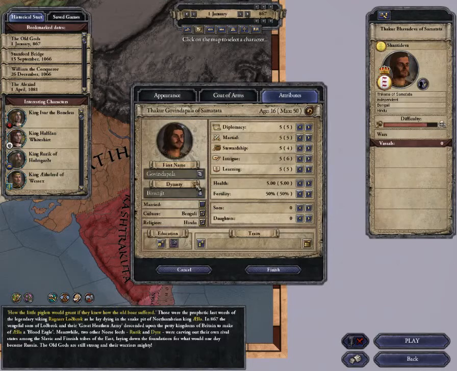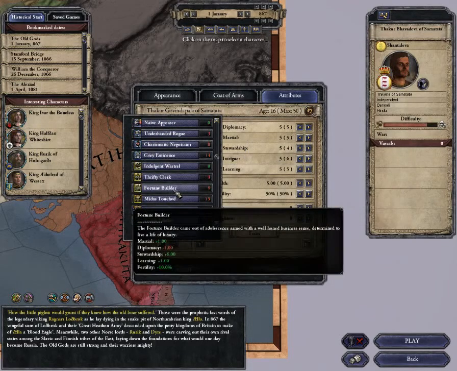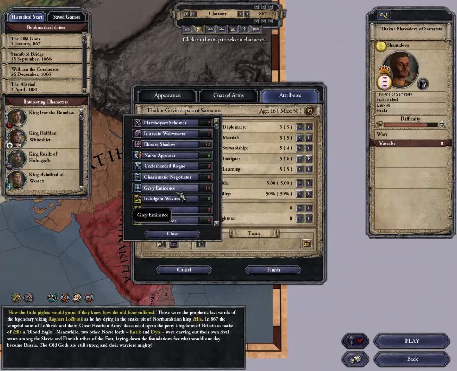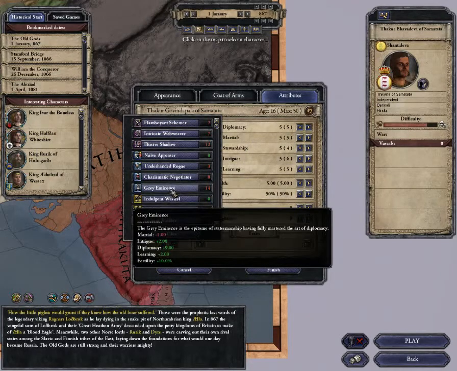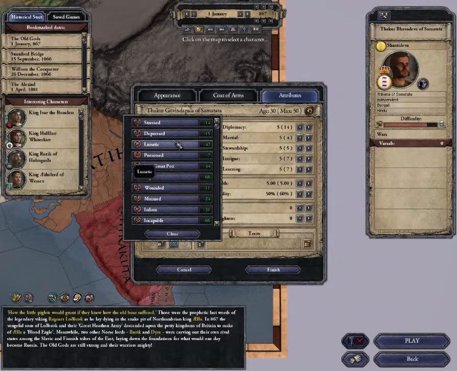And attributes. Yeah, we'll just go with that for the name and the dynasty. Education. I kind of have a game plan of what I'm going to do once we actually get started, and for what I have in mind, I think this is probably the best choice. The fertility bonus is also nice, will help me grow the dynasty, but for traits, first,